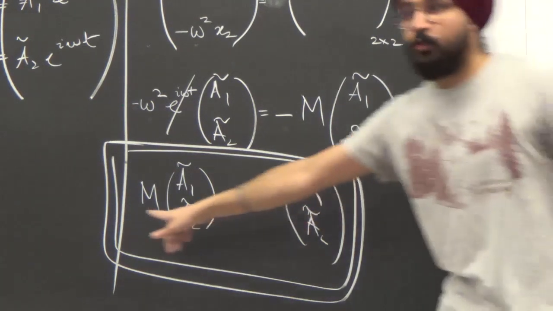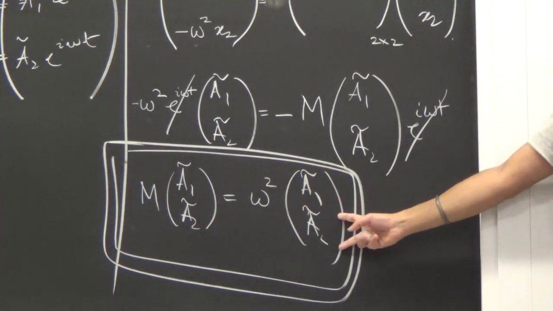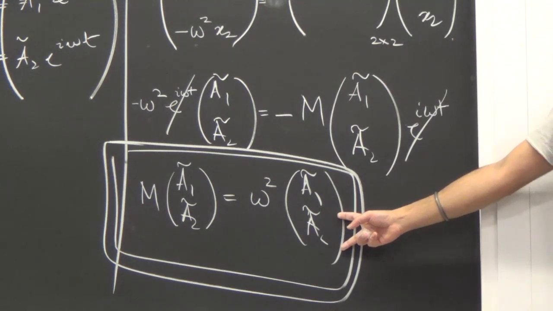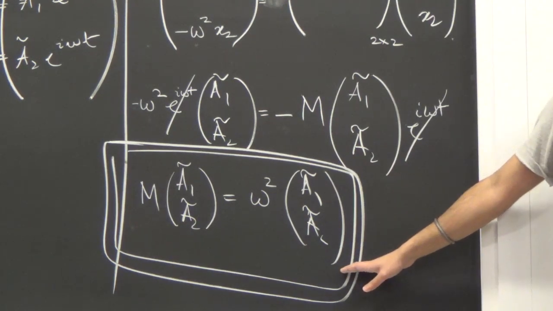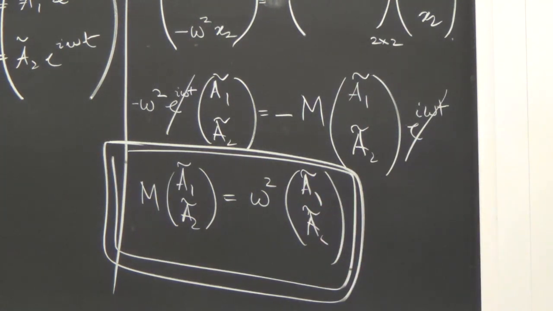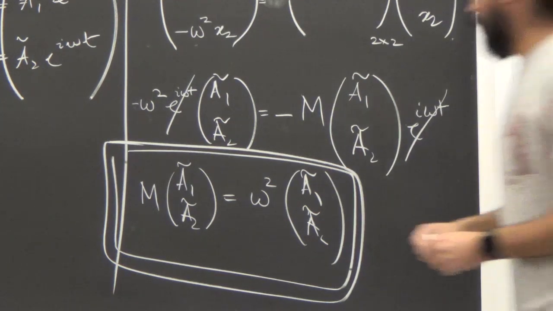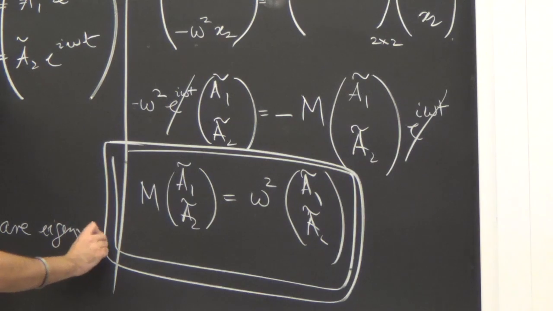A matrix M, a 2 by 2, acting on a vector 2 by 1, gives me a constant number times the vector again. Take a minute. Is everyone on board with the fact that this is an eigenvalue equation? Do we all know eigenvalues? At least for this level, that some matrix M, its eigenvector is a column x, such that M times x is a number times the vector x again. Can I get some nods, please? Okay. So what happened? Omega squares are the eigenvalues of the matrix M.